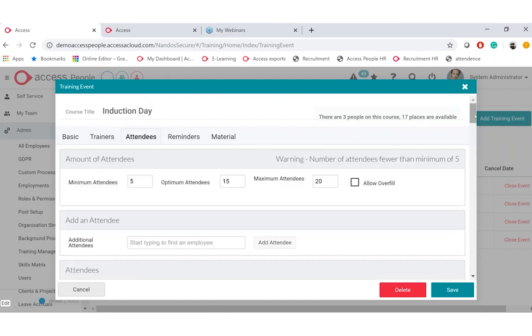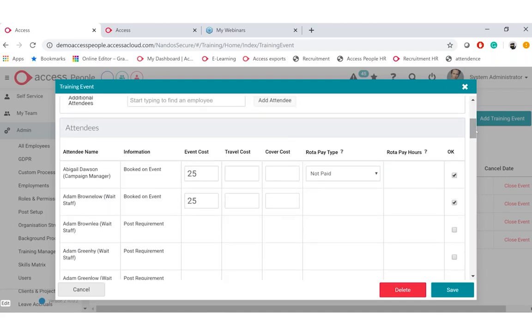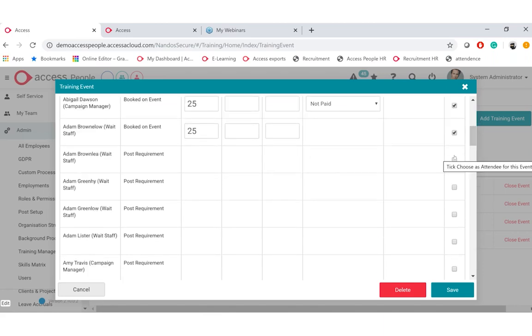Now, with relation to the post, we can have courses already attached to the post requirement. So what that means is when someone goes into a post, or if they're a new starter, they will automatically have to do the induction day. So the system is intelligent enough to tell you that you need to put these employees onto this course. And then if you want to, you can record any cost against that.